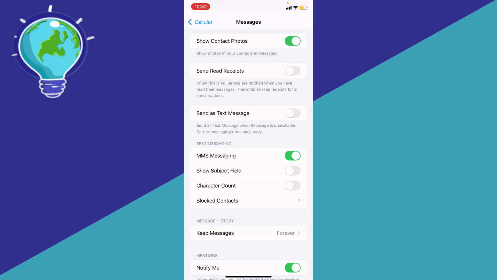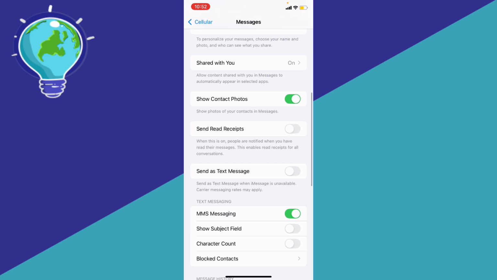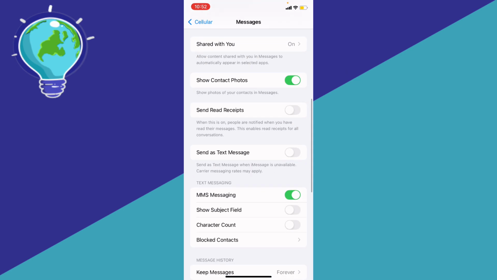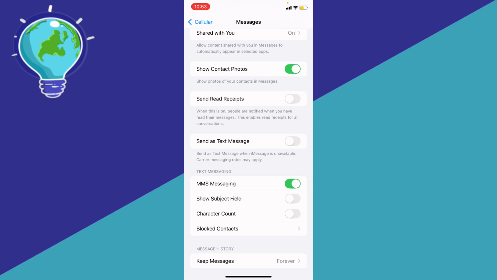And you're going to see an option, unknown and spam. Make sure that you do not filter the unknown senders, like maybe junk mail and all that. Make sure that you shut it down so you have access to all the messages on your iMessage, including your verification code, and that should fix your